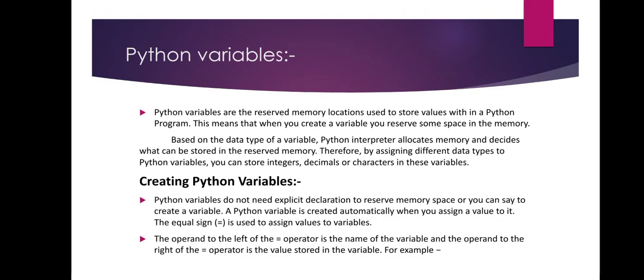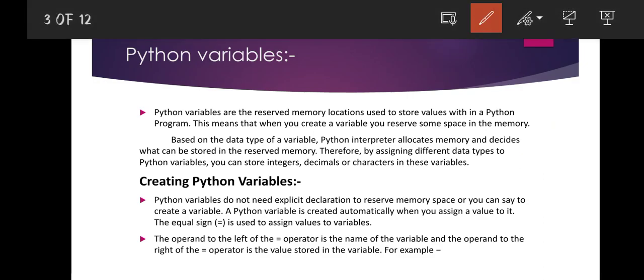Now we will see how to create Python variables. Python variables do not need explicit declaration to reserve memory space, that is, to create a variable. A Python variable is created automatically when you assign a value to it. For example, in addition, suppose we have a is equal to